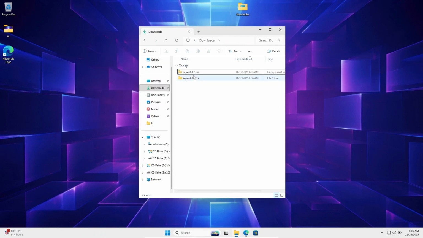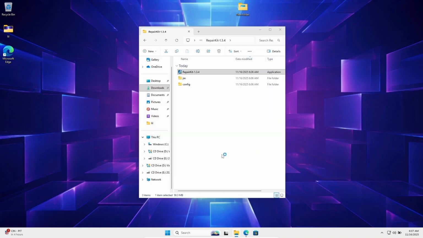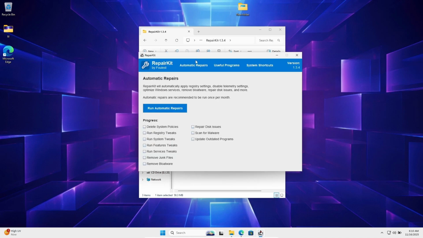After extraction, open the folder, look for the application file named repair kit, right click it, then you run as administrator. If Windows SmartScreen appears, click more info, then click run anyway. Then you click yes to continue. Once launched, you will see a clean dashboard called Repair Kit by File List, and this is an automatic repair